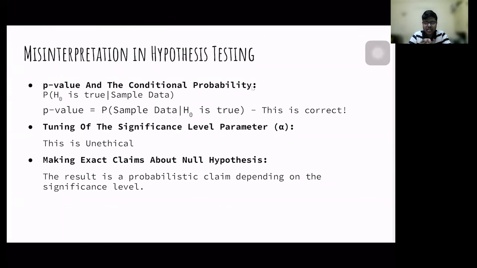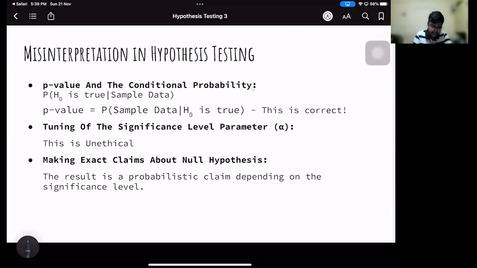Okay, so let's talk about some important topics regarding hypothesis testing. Let's talk about some common misinterpretations. As we have learned, the p-value, a conditional probability, shows the significance of the sample data. We often confuse what it stands for: it is not the probability that H0 is true given the sample data. We are finding the probability of getting the sample data even if the null hypothesis is true. That is the second part. So this conditional probability is the correct one, and we should not confuse between these two.